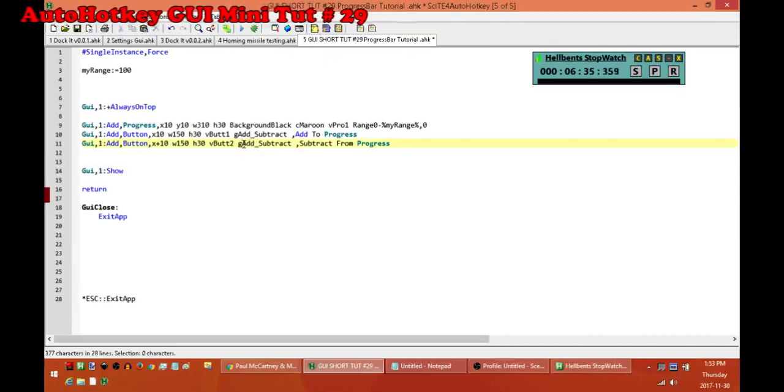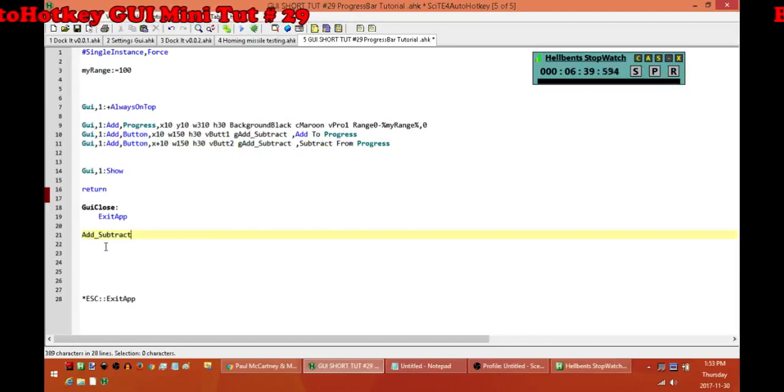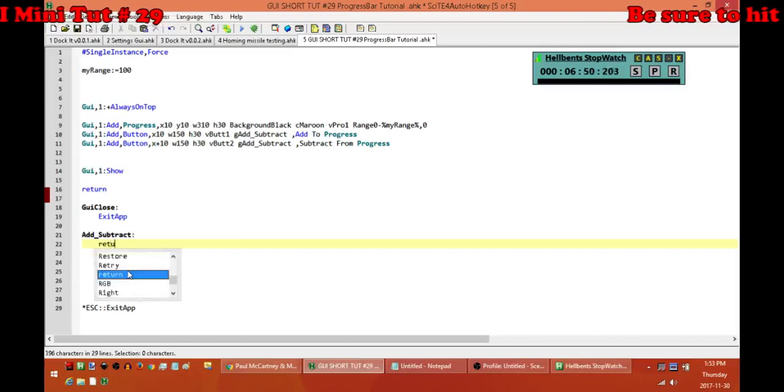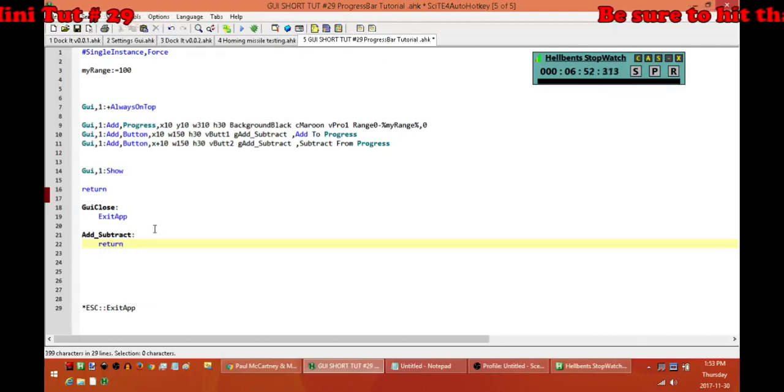I'm going to just go down and create this label now. And inside of this, I am going to check to see which one of the buttons is actually triggering this label to be executed. So let me add in my return before I forget. So what I'm going to do is I'm going to say if